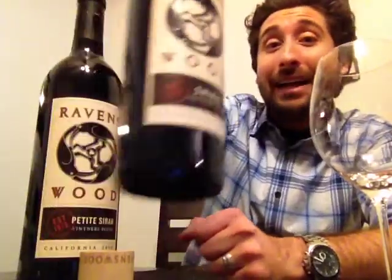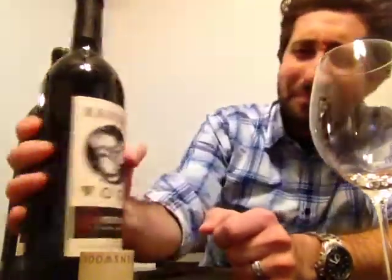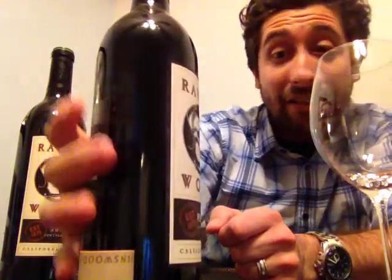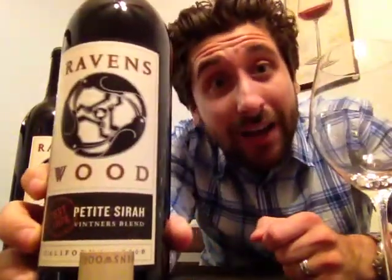So I got their 2010 Shiraz here, but when I was looking at the back label, I don't know if you're like me, but whenever I see a label peeling off, I know it doesn't affect what's in the wine, but I just think to myself, why don't I buy a bottle with a label that's all the way stuck on? So I pull this bottle back, and behind it is the Ravenswood Vintners Blend 2010 California Petite Shiraz. And I thought to myself,